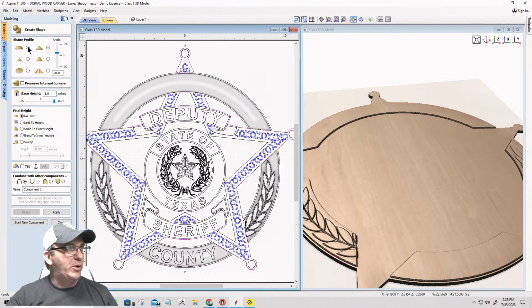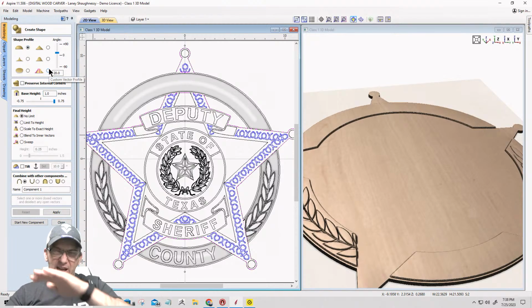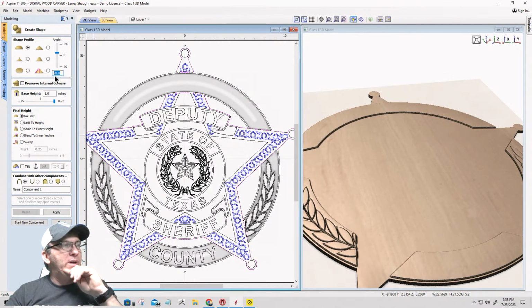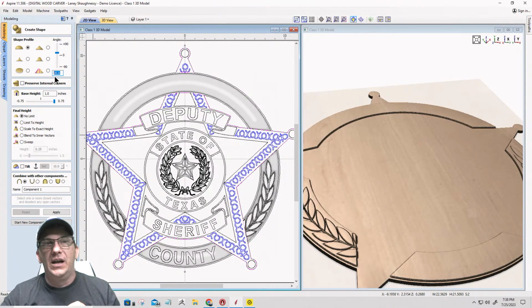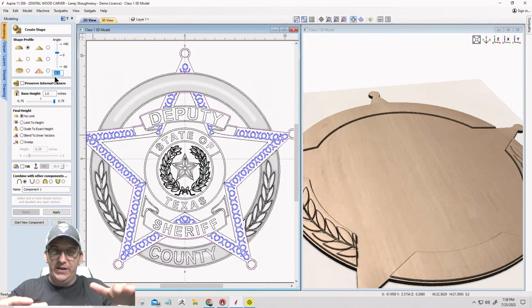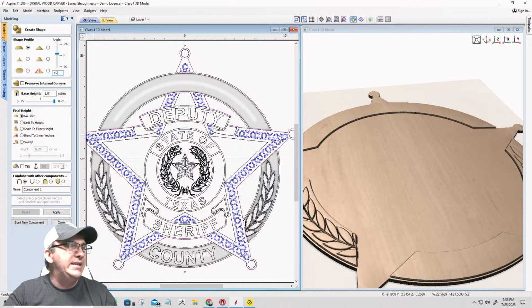It's going to be a curved profile. I like a little curve to the star. I'm going to use 15 degrees this time. I used 10 on the foundation, but now I want a little bit more of a curve. So it's going to be 15 degrees, and it's going to have a base height